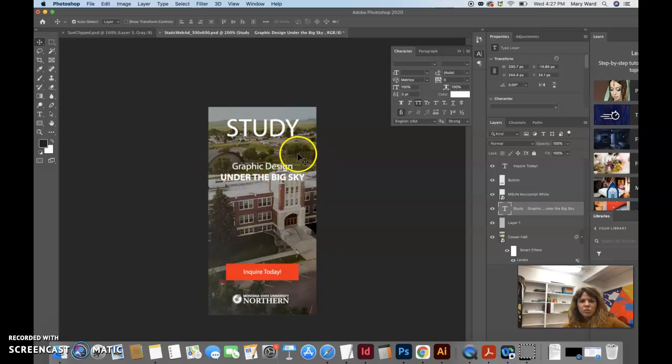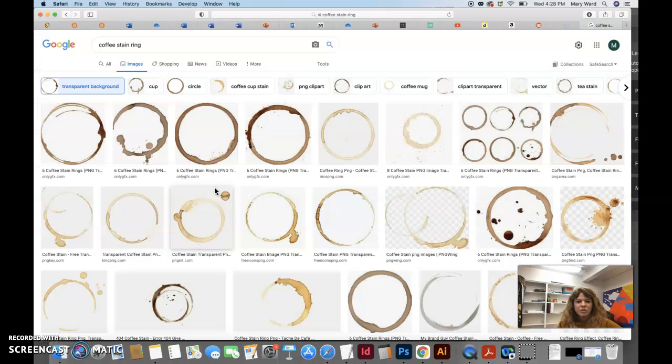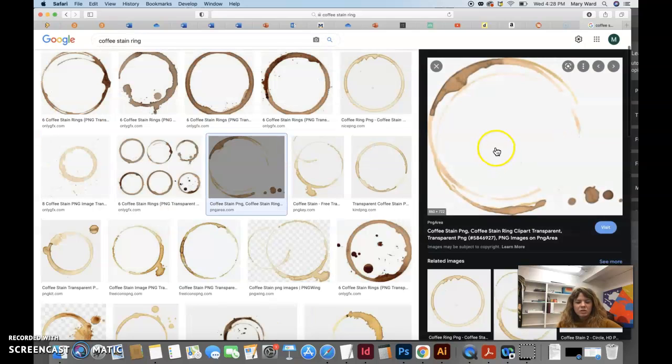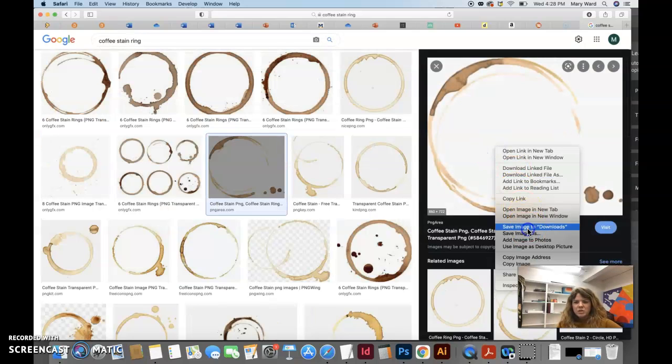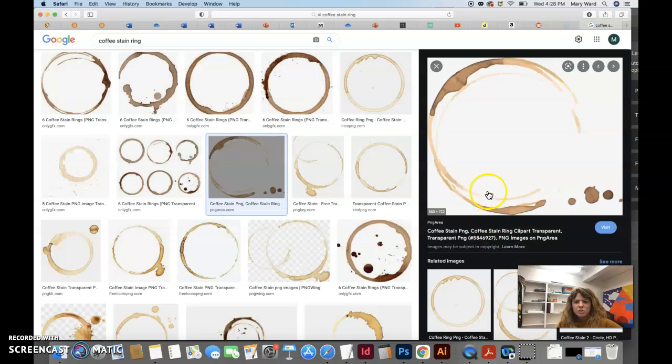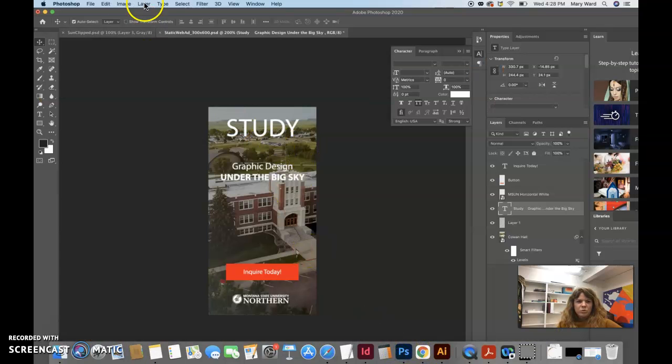Or even bring in like a ring of some sort. Okay, so here I'm kind of looking at it like a coffee stain ring. I'm looking at images. You know, I could pull one of these images and make it, let's see, do control, save image to downloads. I did a control, like a right click on it, and then we could bring it into, you know, Photoshop,